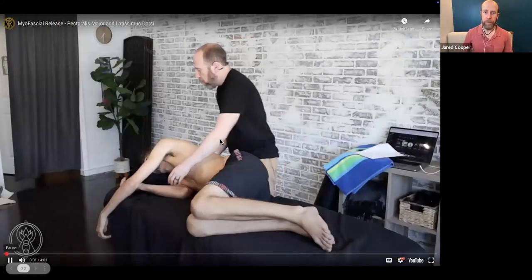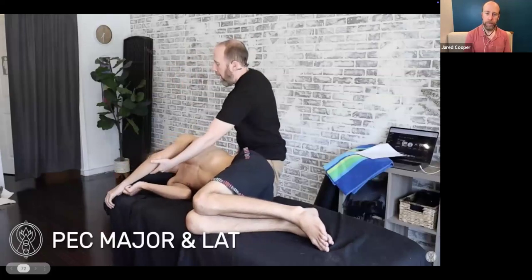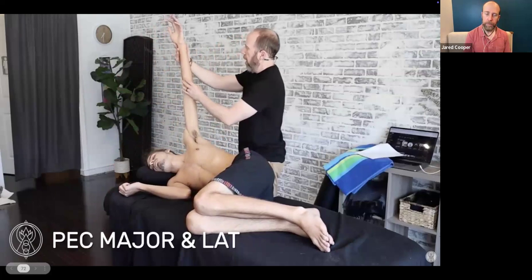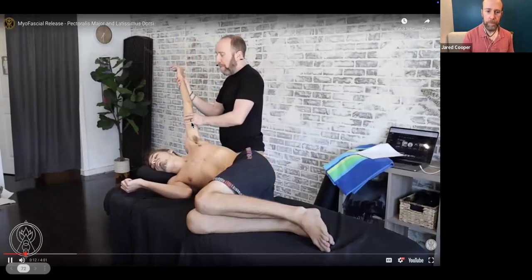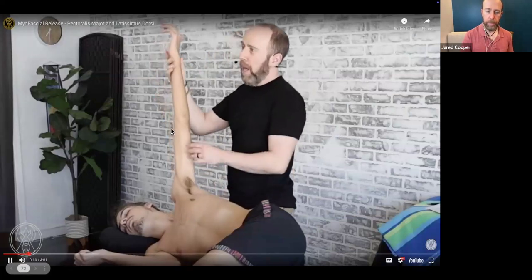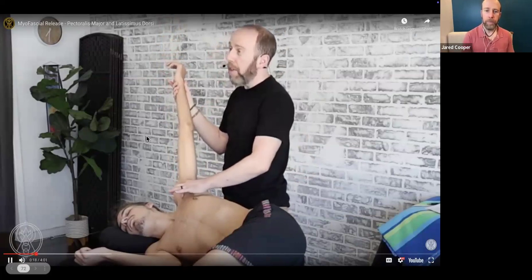In order to make this work, I need to scoot him slightly away from me, just a little bit, and he's going to reach up for the sky. I'm going to turn his thumb out, and I'm going to reach his arm to the upper back corner like this. Now, I can't go very far. Okay, I think in this video, I'm actually demoing first on the pectoralis major, so you'll see the same concept on the pec. With Christian, before I start to tether his pec, and that's because he actually needs this technique,